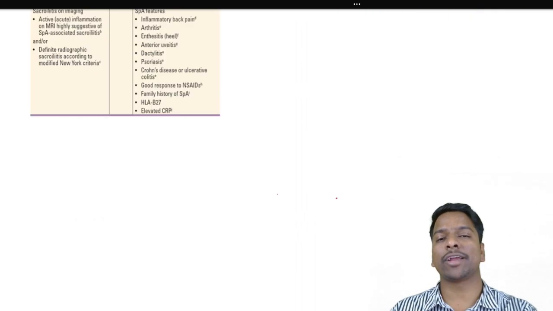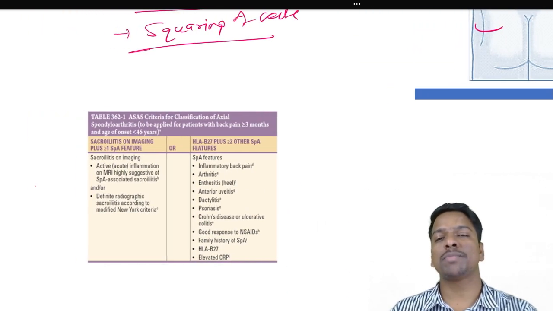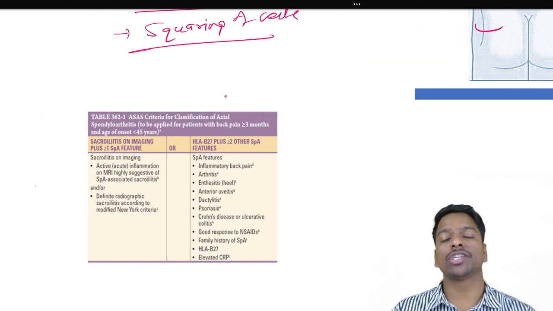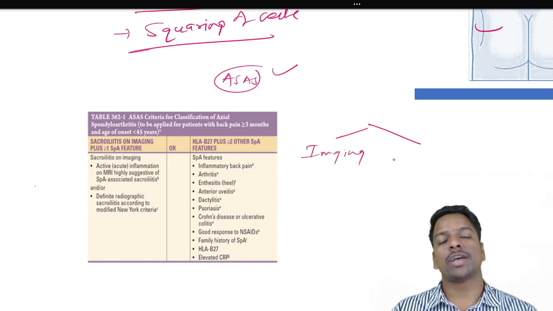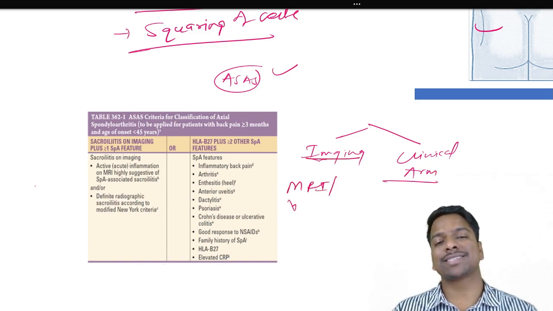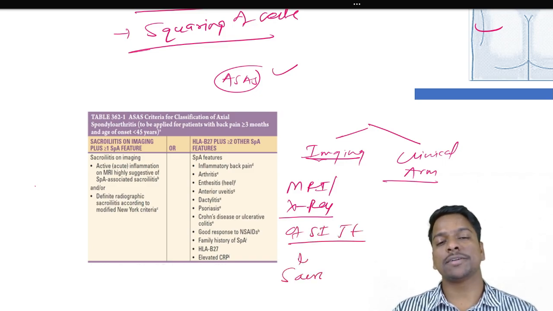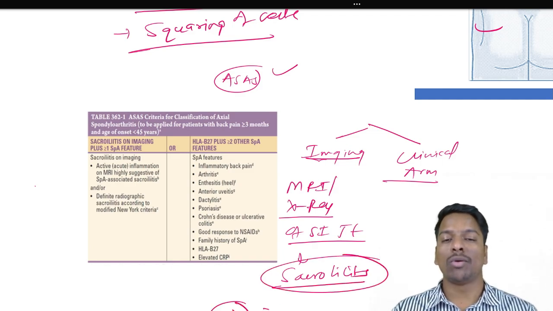Now how do we diagnose this patient? Diagnosis of ankylosing spondylitis, axial spondyloarthropathies: the ASAS criteria is used for the diagnosis, in which we have two arms, one imaging and one clinical. In the imaging arm, MRI or X-ray of the sacroiliac joint suggests the patient has sacroiliitis. So sacroiliitis should be there, plus more than one